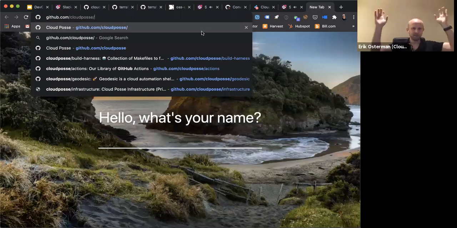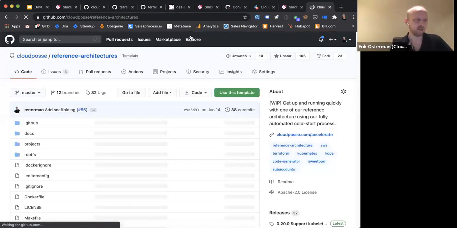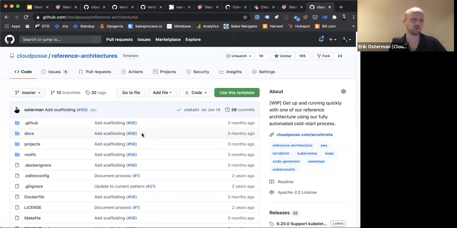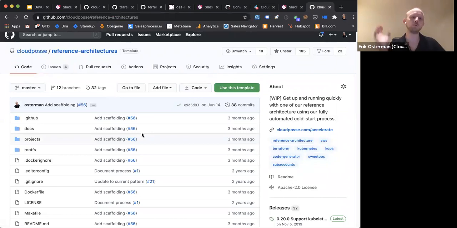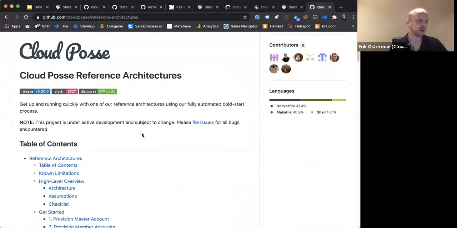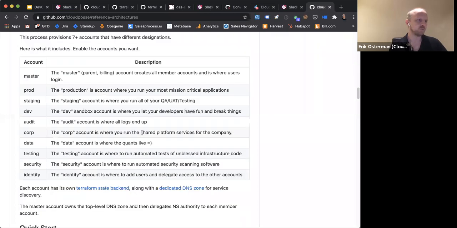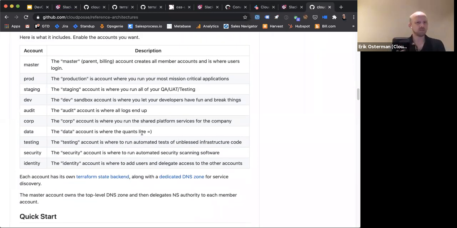I'm going to reference something that is a wholly incomplete example that you shouldn't even look at, because there's no functioning code here anymore. This used to be our old reference architecture. It's in an in-between state where it's going to be our new reference architecture, but it's not yet been published. Why I brought this up is to give this conversation some more context: what kinds of accounts do we want to create, and what is your strategy for that? So let's first talk about accounts, then we'll talk about IAM, and then we'll talk about DNS.